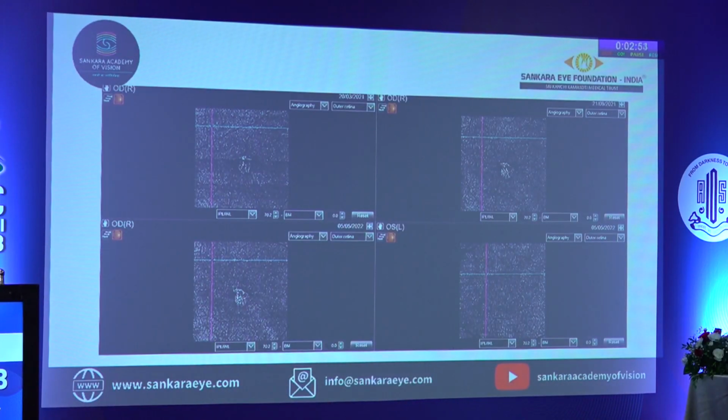This patient was followed up for more than a year, and I kept the other eye's outer retinal slab as a reference. Though there is a little change in the shape of the vasculature, which has grown a little, there is no clinical evidence of activity in this case.